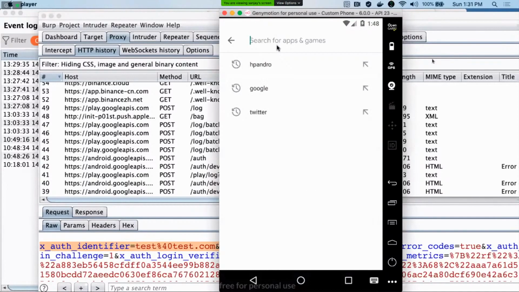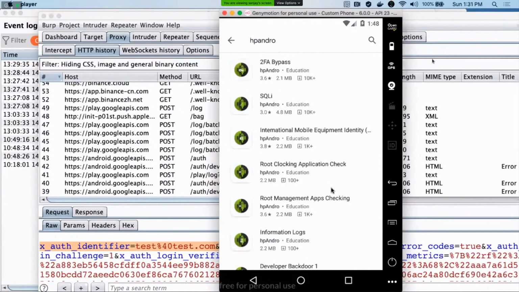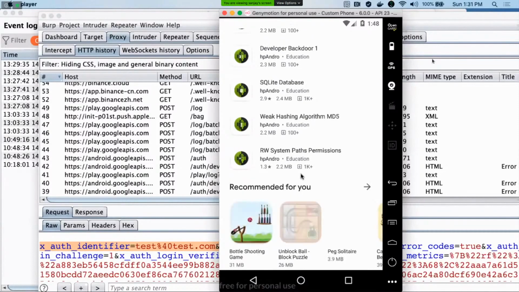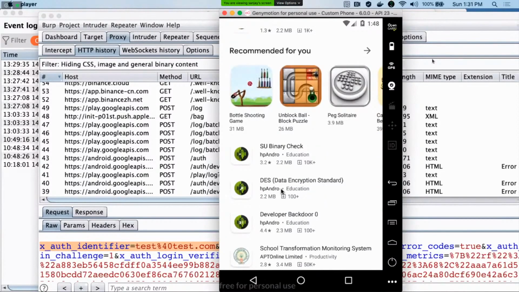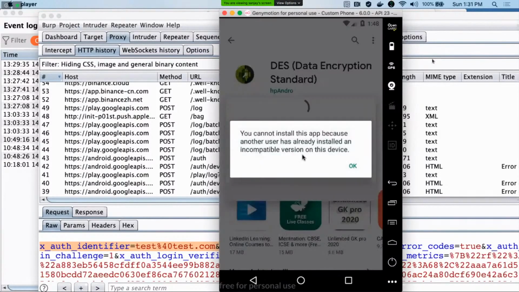Let me install one sample application. Okay, it's already installed.